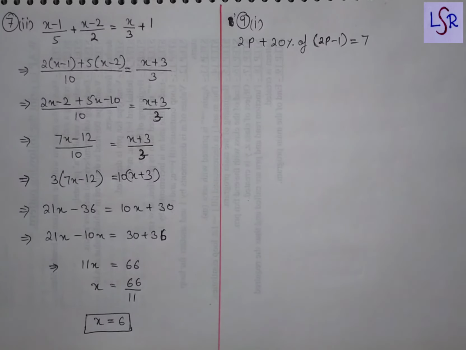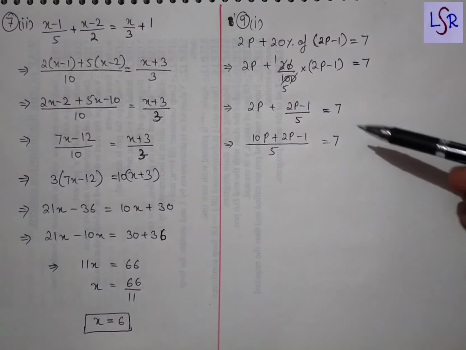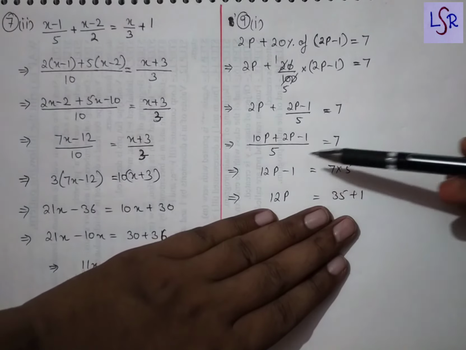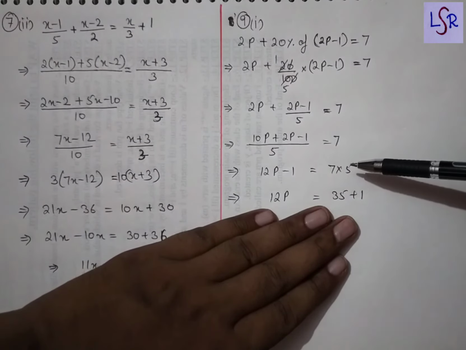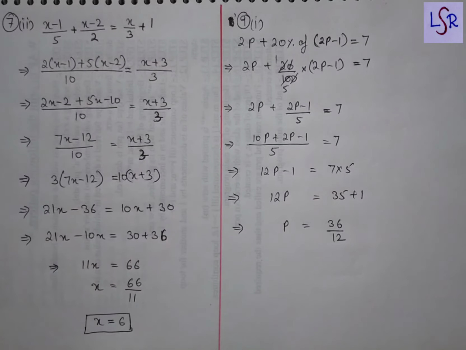We have been given a percentage sign, and if we want to remove this percentage sign we have to divide by 100. So we can write this one as this. Now we are going to solve it, and on solving we have got this one. Now we are going to take LCM in LHS, and we have got this by taking LCM. Now we are going to put this 5 on the other hand and add these two like terms, and here on solving we have got 12, and then multiplying we got over here, then we have just sent minus 1 on the other side, and then we had made a transpose of 12 and we have got 36 upon 12.